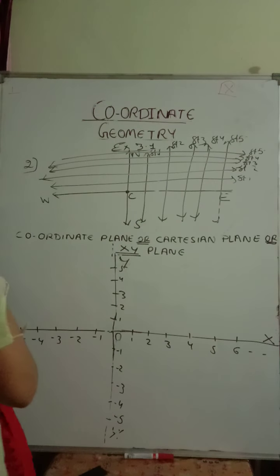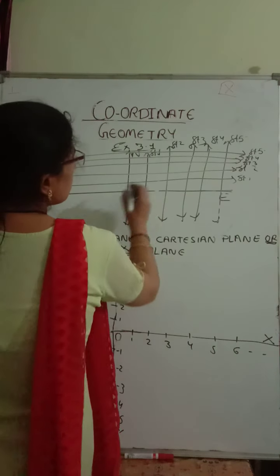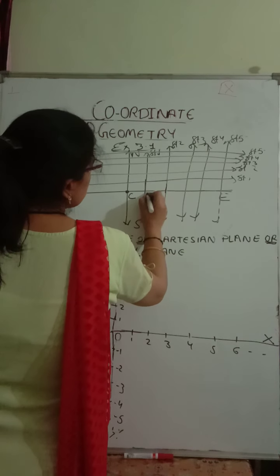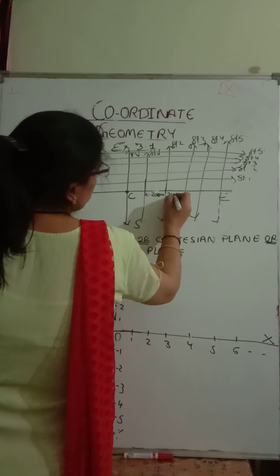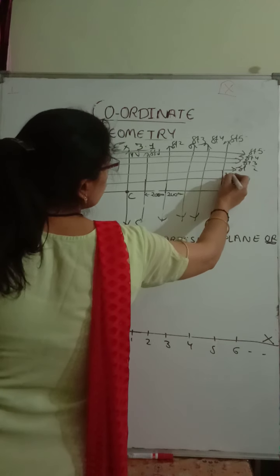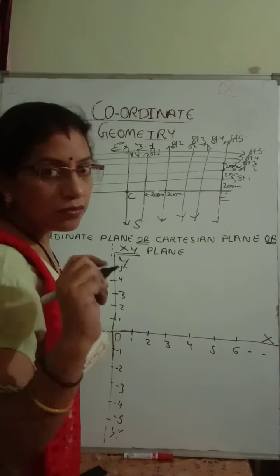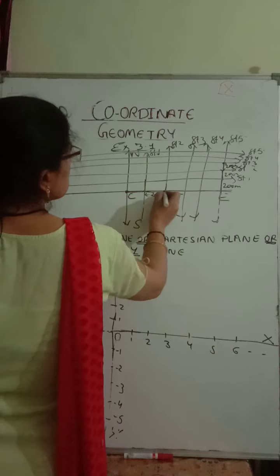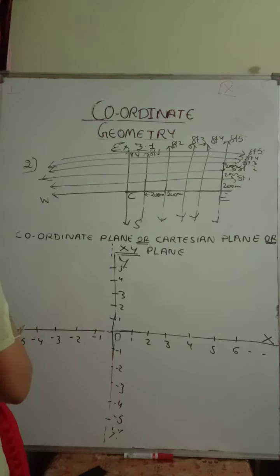So what they are saying now, these streets are 200 meter apart and take 200 meters equals to 1 centimeter. So that means the distance between the first street and second street is 200 meter. Same way second and third street is 200 meter. And how you will draw in your notebook, take 200 meters equals to 1 centimeter. So you have to take this much distance, 1 centimeter, 1 centimeter, 1 centimeter. Okay. So in your notebook when you will draw it.